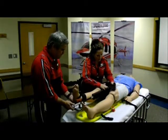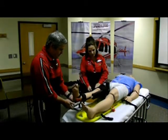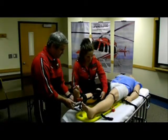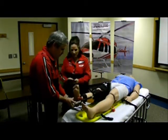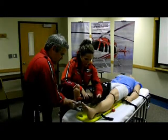Next, you can start by applying your external straps. Start with your longest strap first, around the thigh area. Next, move down to the knee area. And then finally, your last strap is going to go around the ankle. Each time you put the straps on, you're going to encompass both the extremity as well as the post of